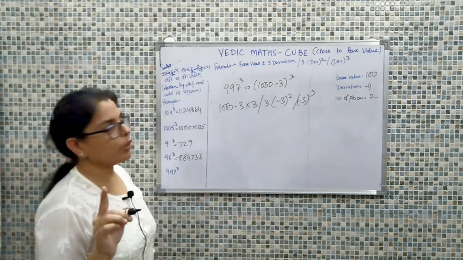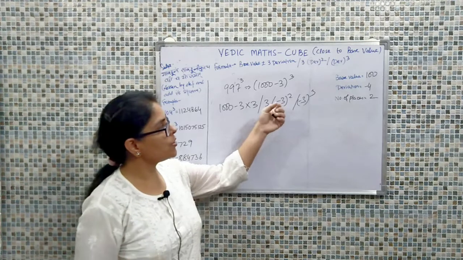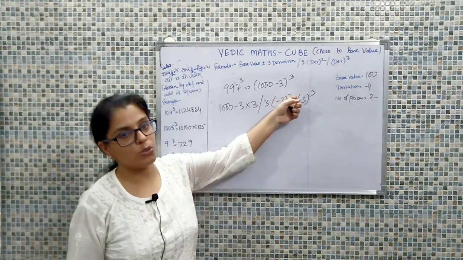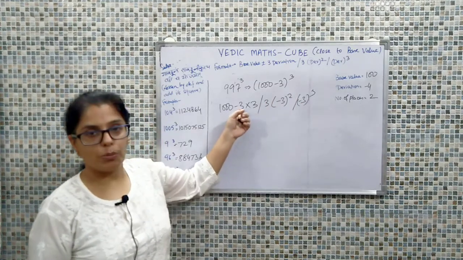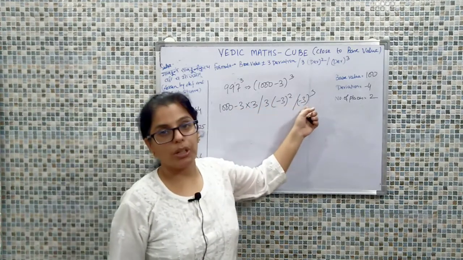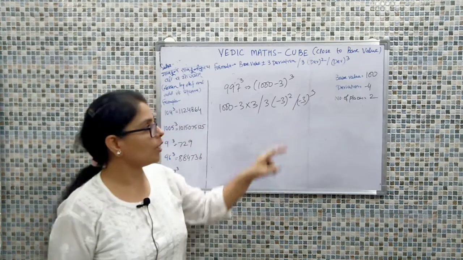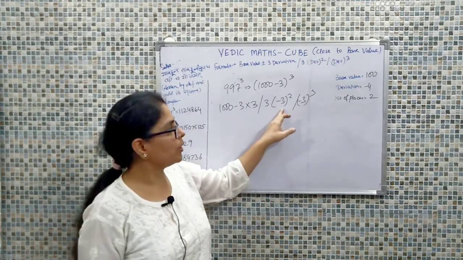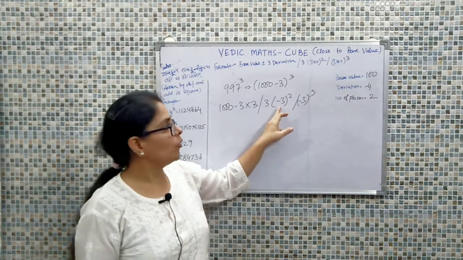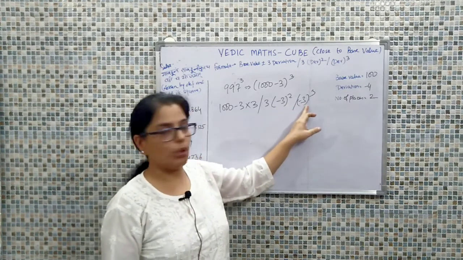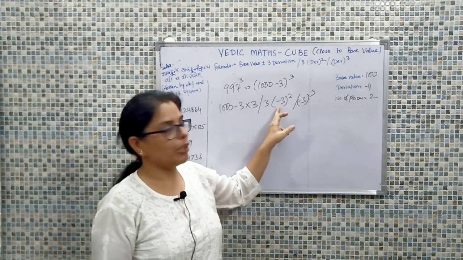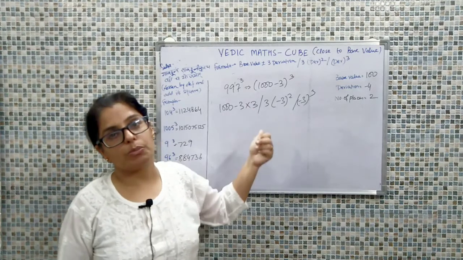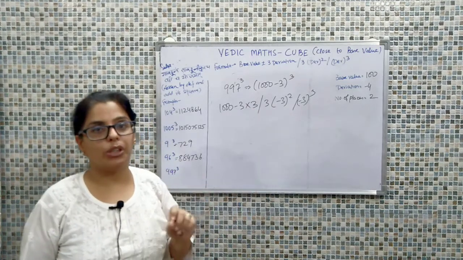The only thing you need to ensure is that while doing the calculation, this value is going to be logically positive because we have minus 3 square, so that has to be positive. This is obviously going to be positive. This value will come out to be negative. You need to convert this particular negative value into positive by borrowing a specific value from the left hand side, so that it can be converted into a positive value. The moment you borrow a value from the extreme left, you need to subtract that value. This is the only thing you need to make out.